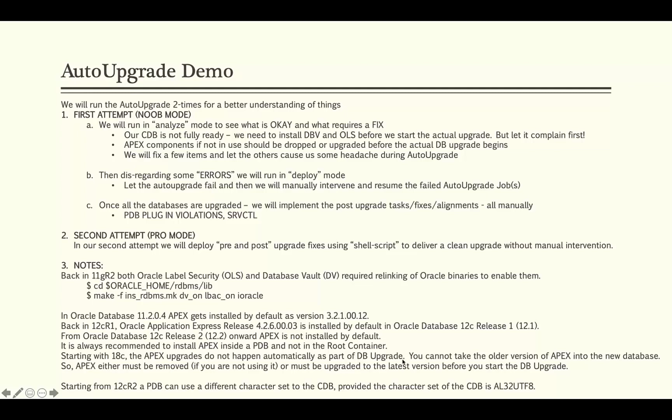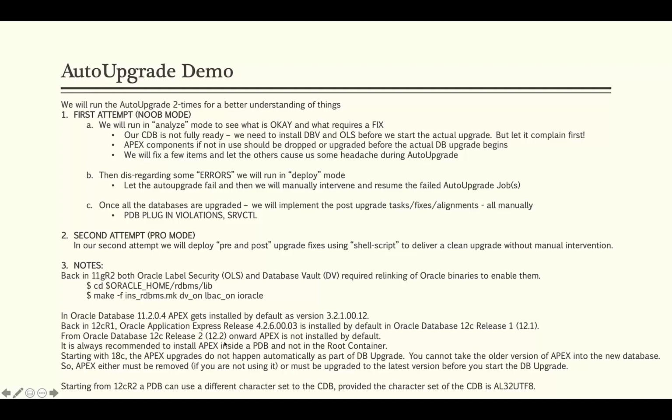Oracle noticed that when you do an Apex schema upgrade as part of the DB upgrade, the Apex schema upgrade itself takes 45 to 50 minutes depending upon how heavily it was being used, and it unnecessarily adds precious downtime during the DB upgrade. And now imagine you are somebody who has created a templated database using DBCA. Without your knowledge, without you using it, you are not a serious user of Apex, but the Apex schema is there and it used to take a long time for the upgrades to happen.